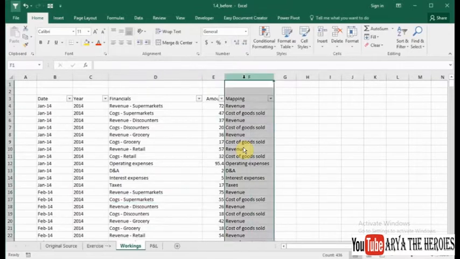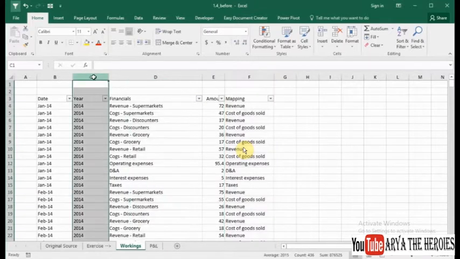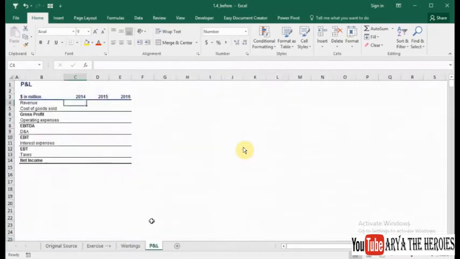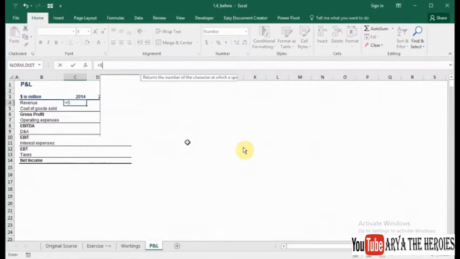One of the criteria will be the type of P&L item observed, revenue, COGS, etc. And the other criterion will be the year the amount was registered. We'll sum the column indicating amounts. Right. Let's go to the P&L sheet and create the function. We will have plus SUMIFS. The range to be summed is column E,